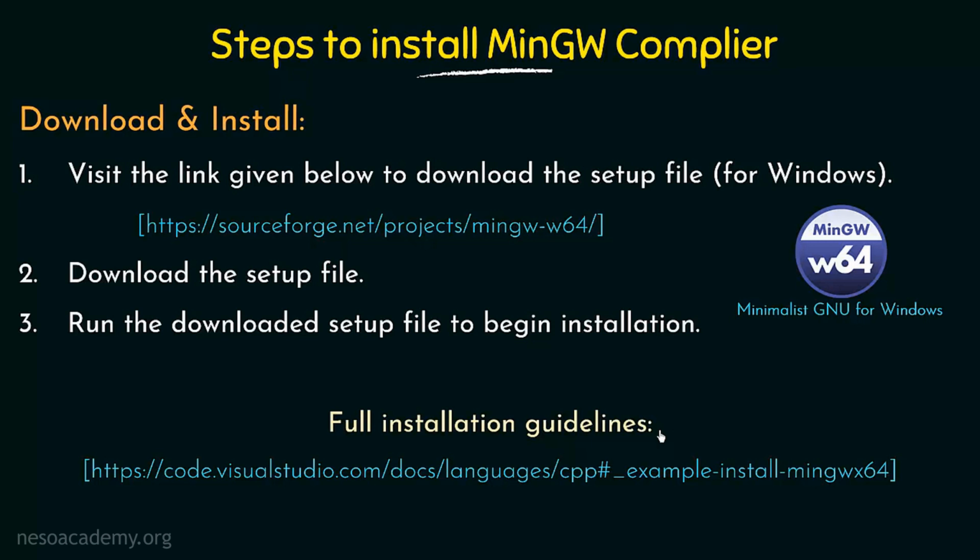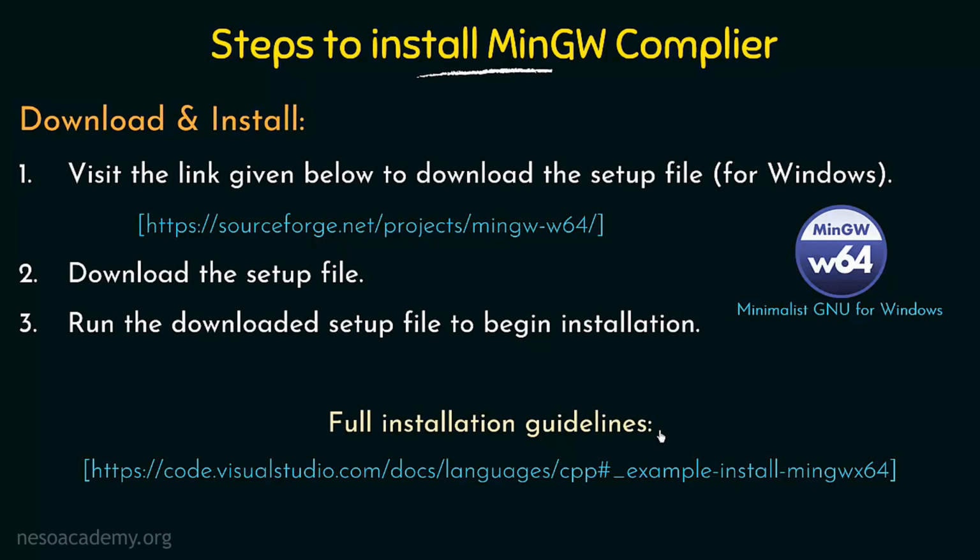So what we mean by this is that when this compiler gets installed in your system and when you try to compile any program from, let's say, the command prompt in Windows, it does not know where this MinGW compiler is installed. So it will not be able to compile the program unless you explicitly go to that specific location where the compiler is located, and then you have to execute the compiler from there.